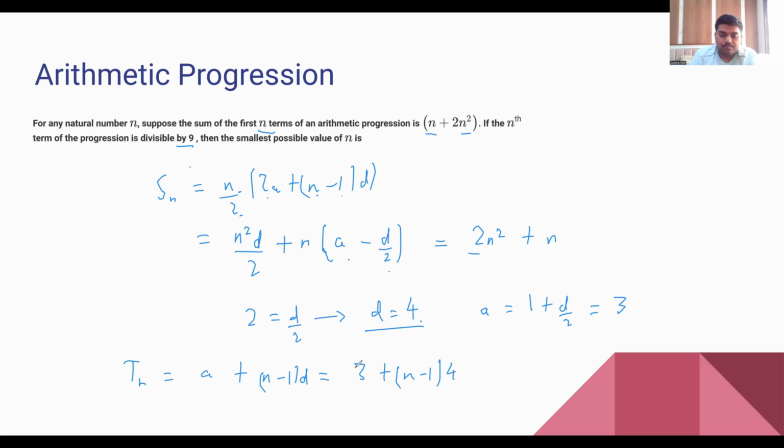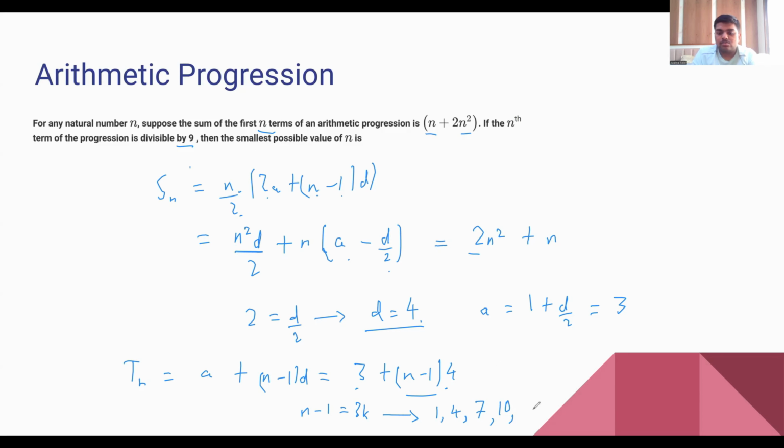So see, for the nth term to be divisible by 9, it is for sure that this has to be a multiple of 3, because multiple of 3 plus multiple of 3 will yield a multiple of 3 and a multiple of 9 is also a multiple of 3. So n minus 1 is equal to 3k. So what can be the values of n? N can be 1, 4, 7,